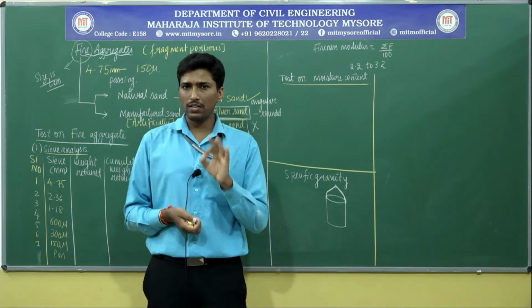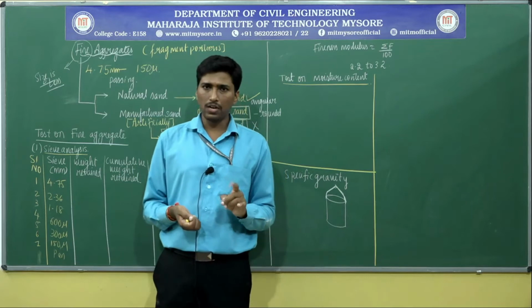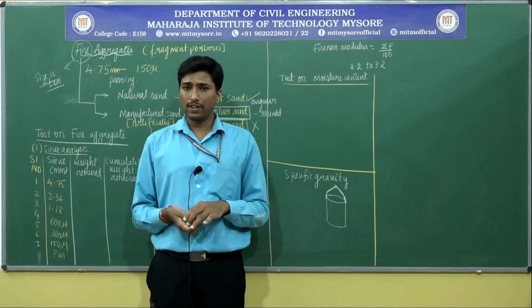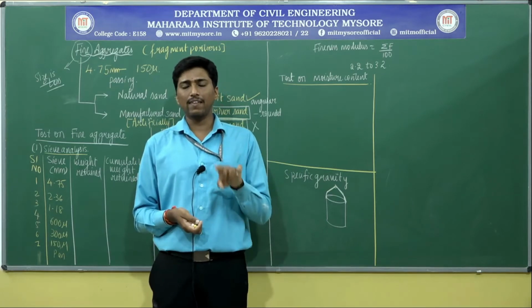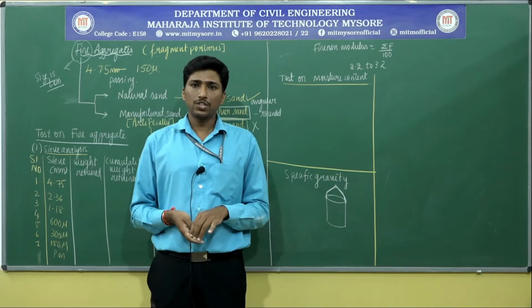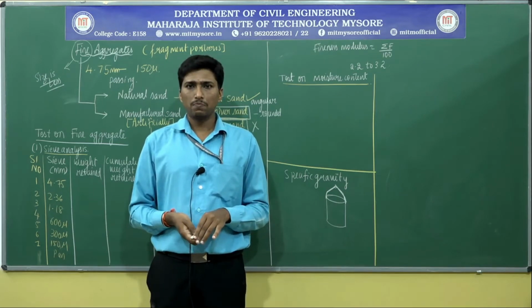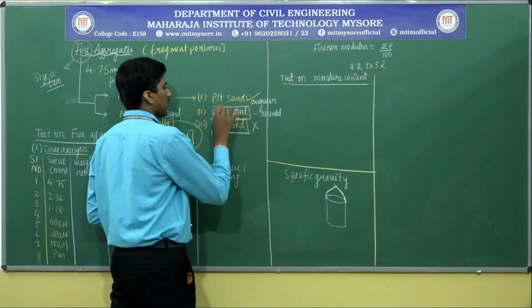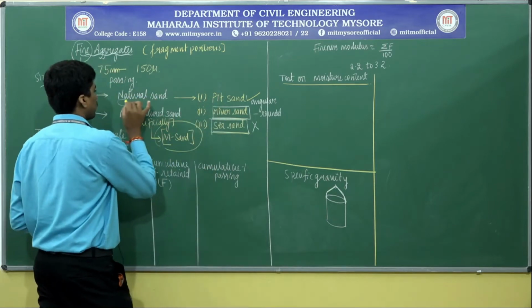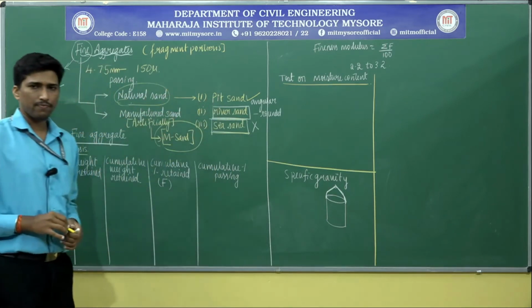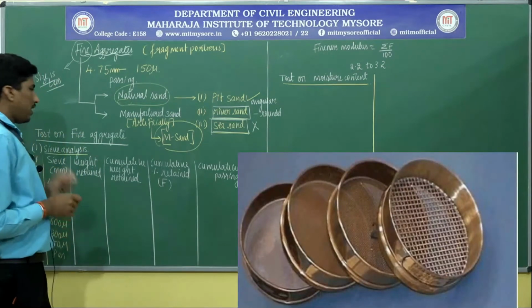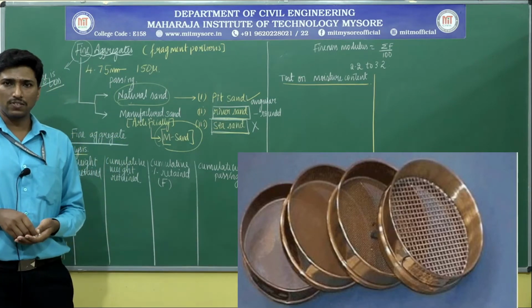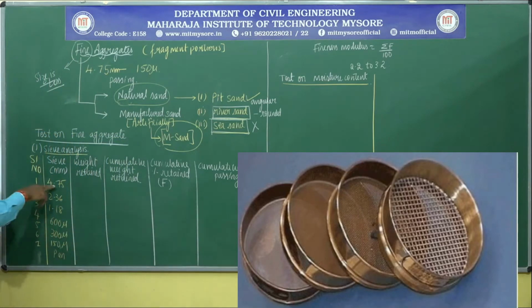As I have told, the fines content is very important, especially in the design or even for the manufacturing of concrete blocks, and even for concrete used for construction purposes. Either in the case of M sand or in the case of natural sand also. Clear with it? Now, the sieve contains different shapes as well as sizes of openings, starting from 4.75